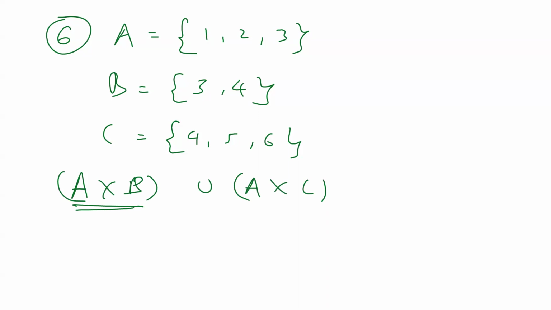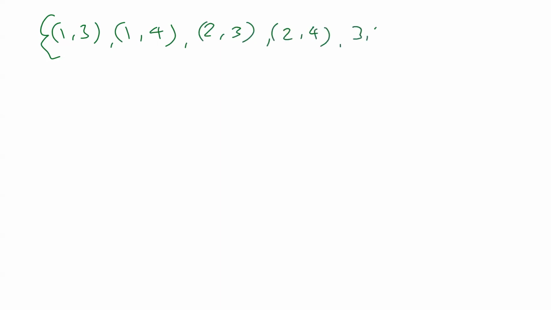So it is (1,3), (1,4), (2,3), (2,4), (3,3), (3,4). This is A cross B, union